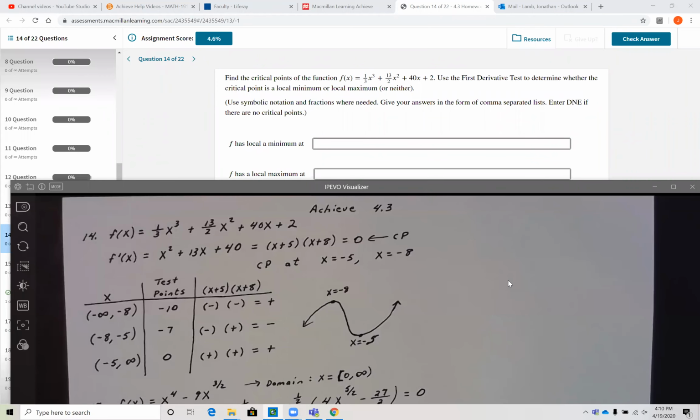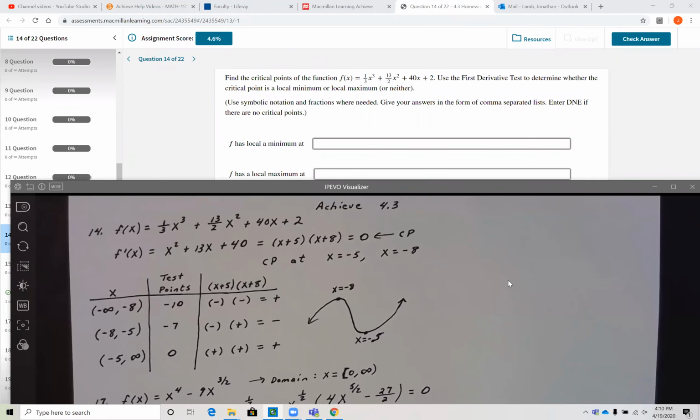Hi guys, let's take a look at a couple of problems here in section 4.3. These are dealing with the first derivative test for finding intervals where our function is increasing and decreasing. The two that have been asked for me to look at with you in this section are 14 and 17